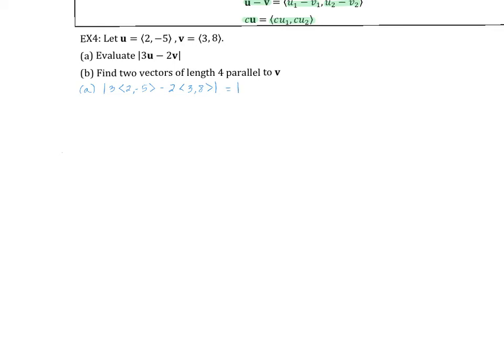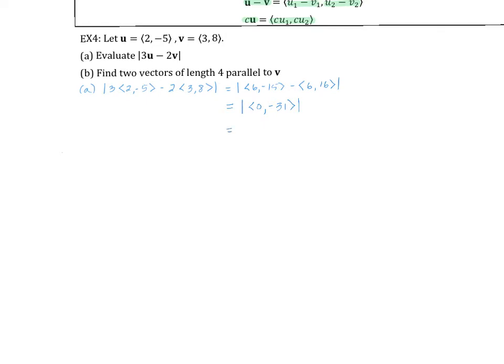Well, I'm going to go ahead and distribute the 3 and get the vector 6, -15, minus, distribute the 2, or you could distribute the -2 and do this as addition. So distributing the 2, I get 6, comma 16. And then I'm going to subtract these vectors to get the vector 0, comma -31,